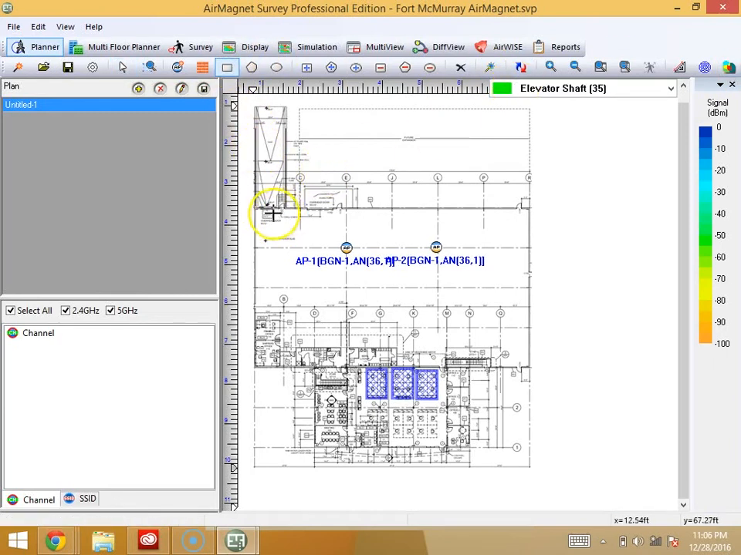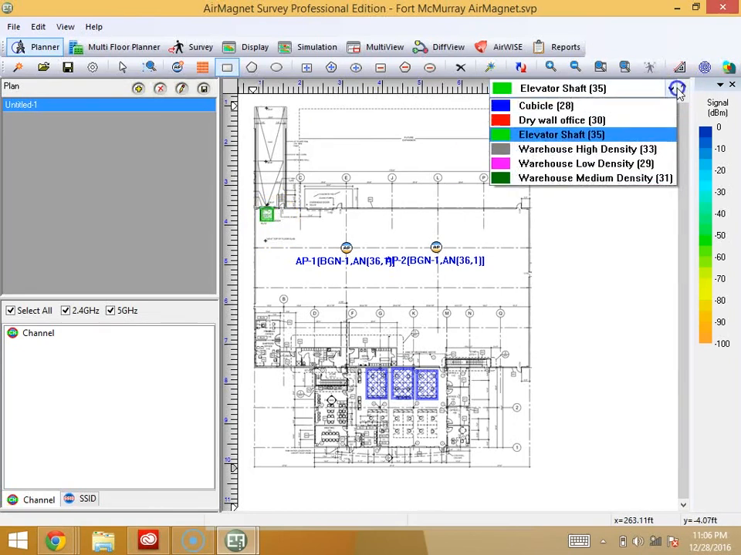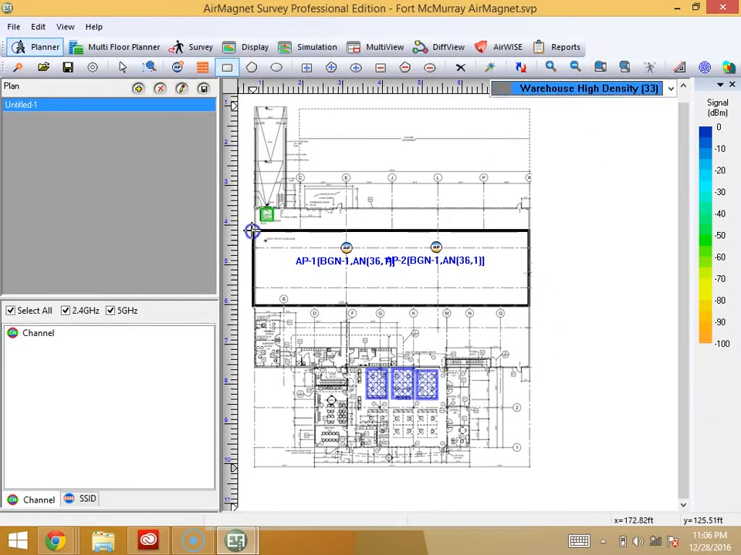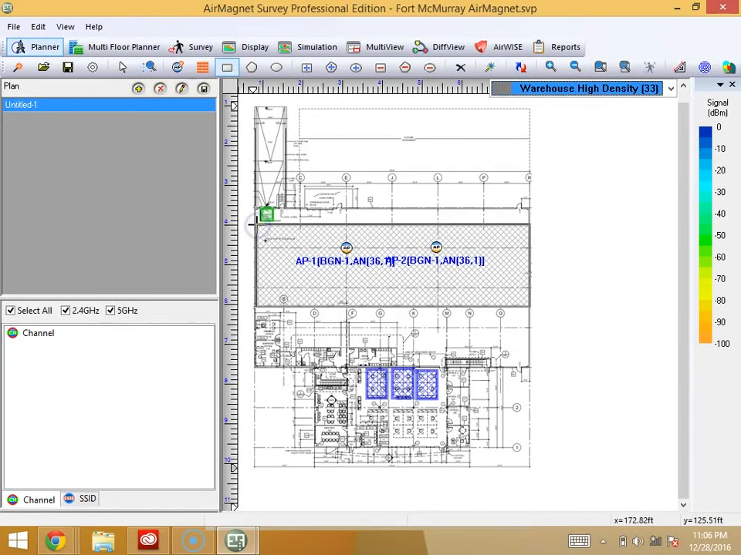And you don't have to draw a square. You can draw any shape you want, basically. So that's our elevator shaft, and this is our warehouse. And then what we're going to do,